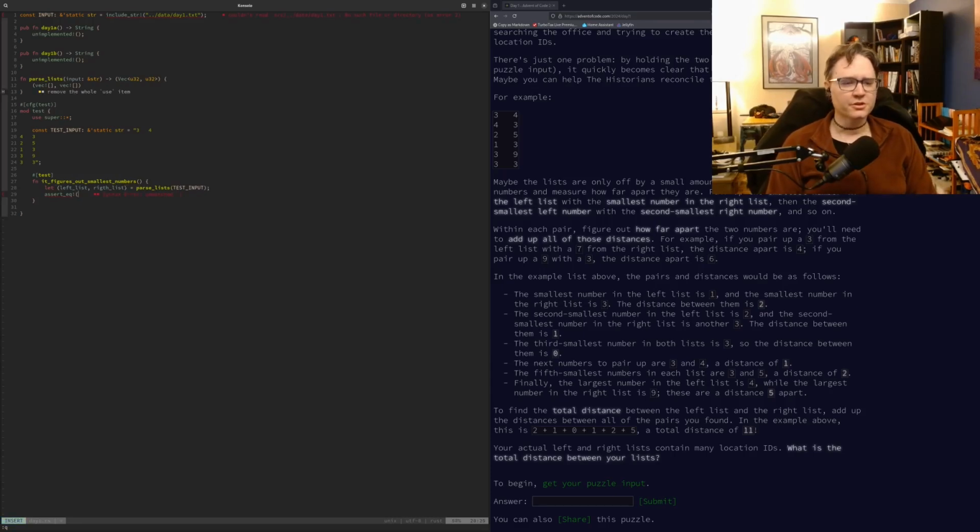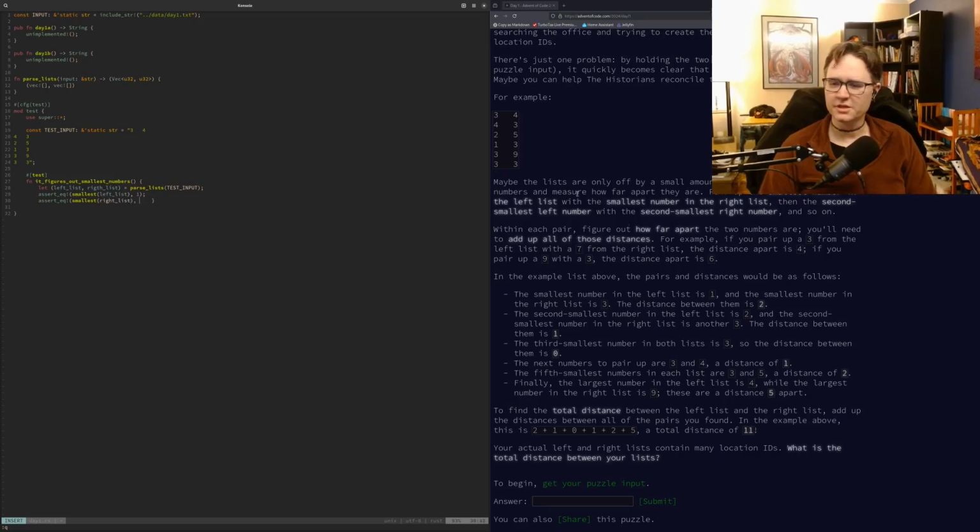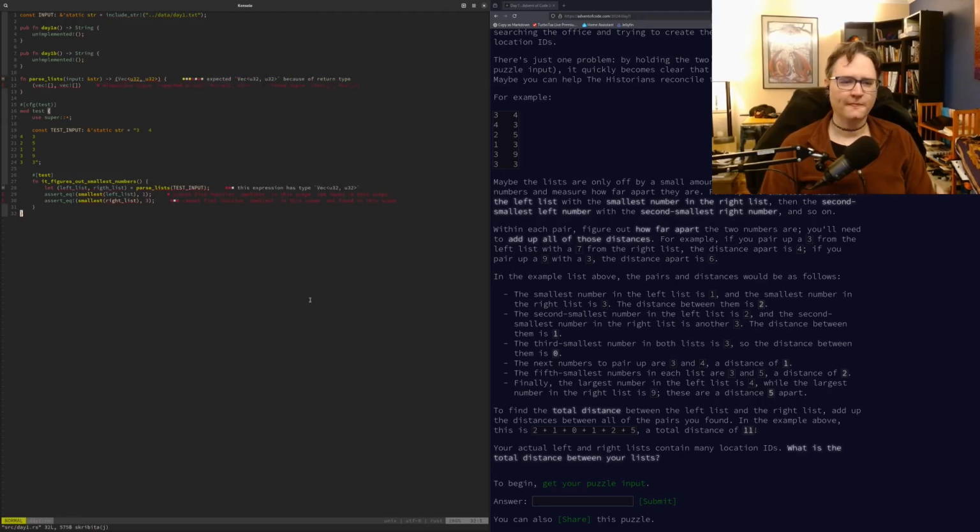So we're going to assert_eq. Smallest of left list is going to be 1. And assert_eq that the smallest of right list is going to be 3. And that right there is a test that we can just start with.